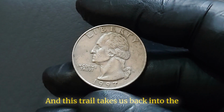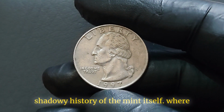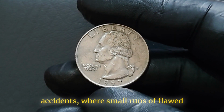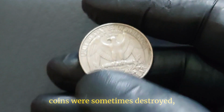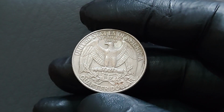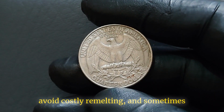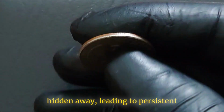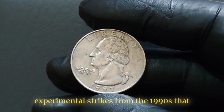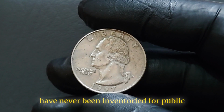And this trail takes us back into the shadowy history of the mint itself, where secrecy has often cloaked mistakes and accidents, where small runs of flawed coins were sometimes destroyed, sometimes quietly released to avoid costly remelting, and sometimes hidden away, leading to persistent whispers of vaults containing boxes of experimental strikes from the 1990s that have never been